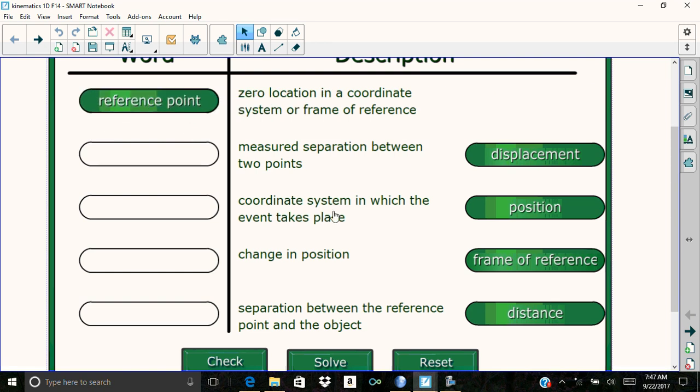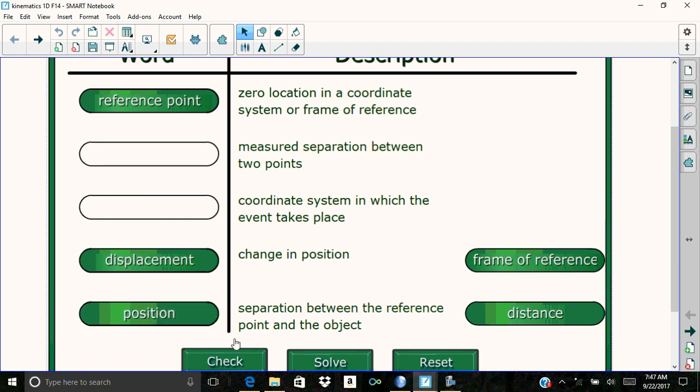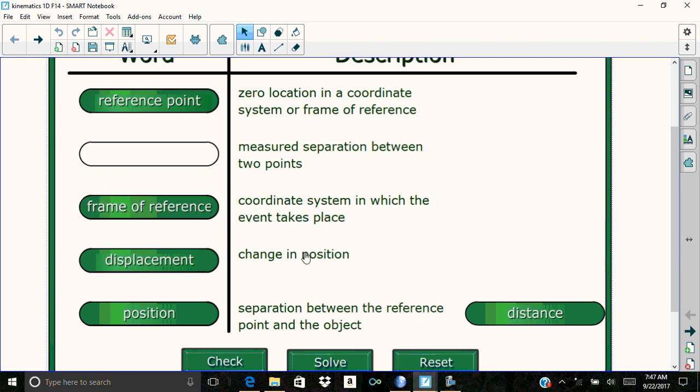Okay, displacement. Displacement is the change in position. Position. A position is the separation between the reference point and an object. Frame of reference, that's the coordinate system. And measured separation between 2 points is distance. Notice here